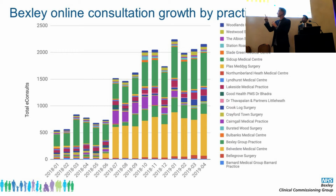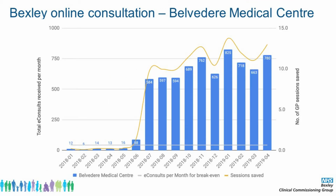And that's exactly what the first practice in green did, and fairly soon afterwards the one in yellow did the same. Now they actually switched from a walk-in model. They had a kind of walk-in model, they were doing a few eConsults, testing it out. They then just basically turned off their walk-in, turned off that tap and opened up the online tap and